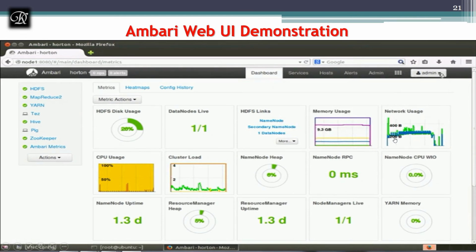You can check out that we have a dashboard, and on the admin menu we can change the settings, and you can start and stop the services over here. Start all and stop all are there, but now all are running. It is not mandatory to install all the tools given in chapter 2, only what is required for you. You can check out the metrics over here and the heat map that I have shown, and the configuration history we were checking.